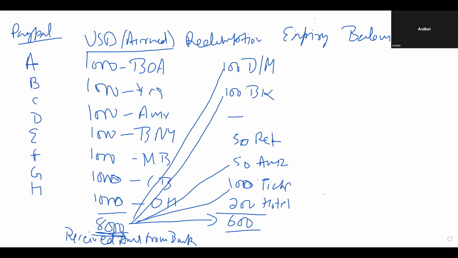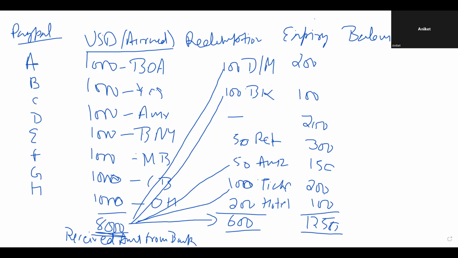And what about expiry? Generally, the points have an expiry period. Let's say 18 months is the expiry period. Out of this 1000, let's say 200 points have expired in the current year. From this, let's say 100 points. From this, let's say 200 points. From this, let's say 300 points. From this, let's say 150 points. From this, let's say 200 points expired. From this, let's say 100 points expired. How much is the total points expired during the year? 200, 300, 500, 800, 950, 1150, 1250, right? 1250 has expired. So for these points, PayPal has no further obligation.